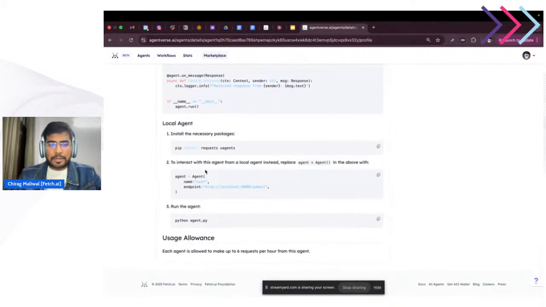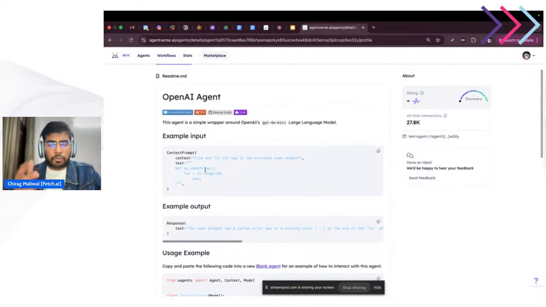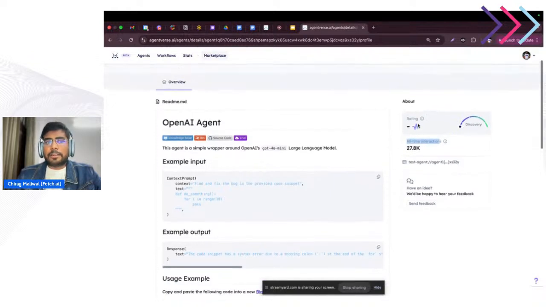It's very simple, a readme.md file. You can write whatever description you want about your agents, and you can see that all-time interaction is 27.8K. So you can get the analytics about those agents, like how many times a particular agent is used, and on the basis of that the agent rating is also discovered.